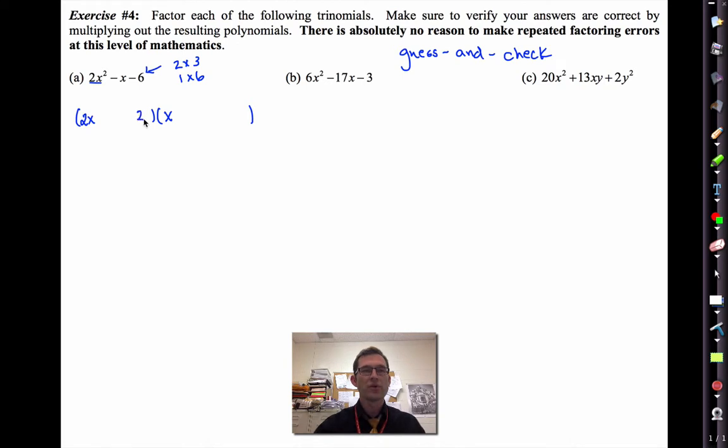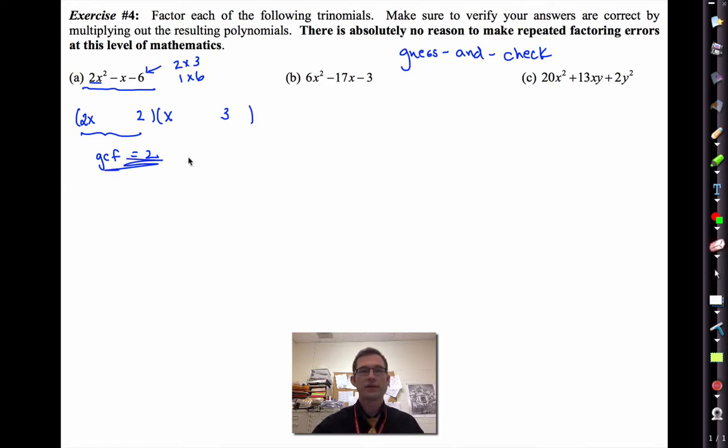So one possibility is putting the 2 there and the 3 there, and it seems reasonable because you'd have 2x times x, which would be 2x squared, and then 2 times 3, which would be 6. But here's the key. Notice that this binomial now has a GCF in it, right? A GCF of 2. But the trinomial doesn't have a greatest common factor. Look, this is like prime factoring a number. A factor is a factor no matter what order you do it in. So if the overall trinomial does not have a GCF, then none of the binomials can either. So that's actually a nonsensical guess given that